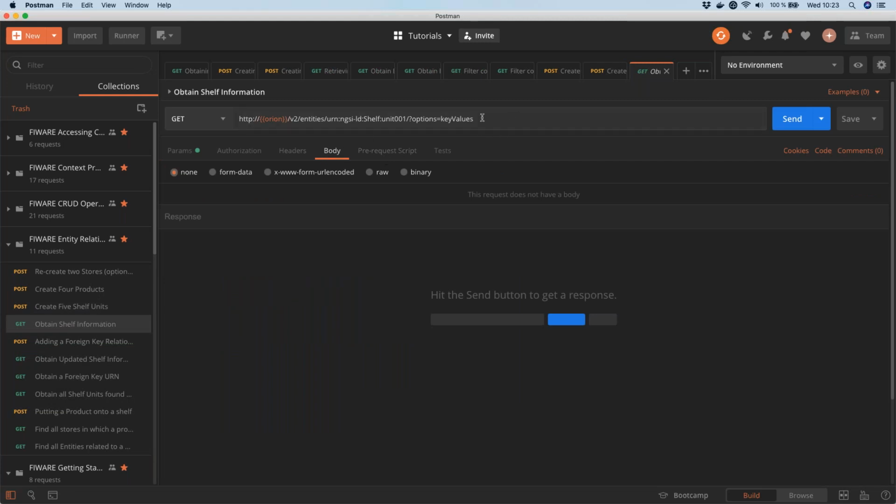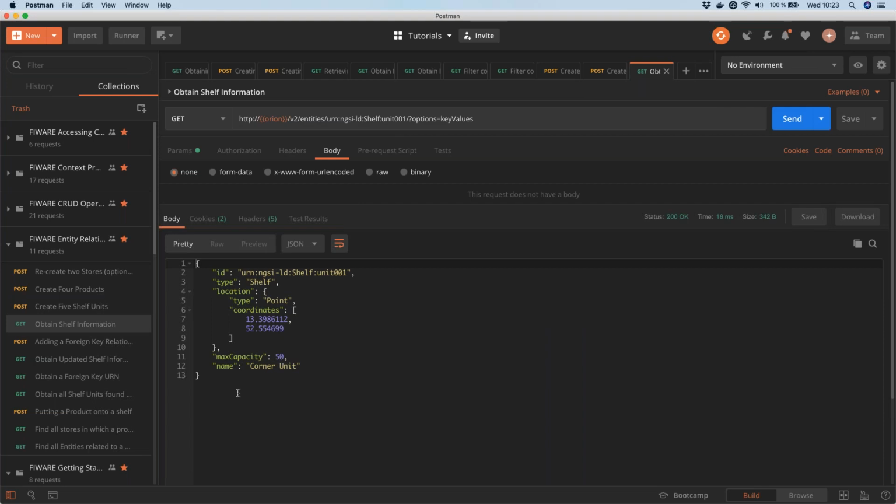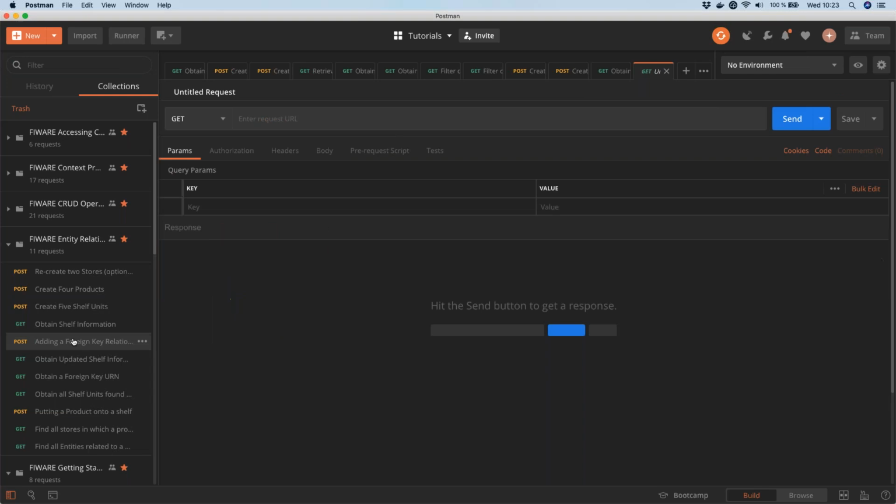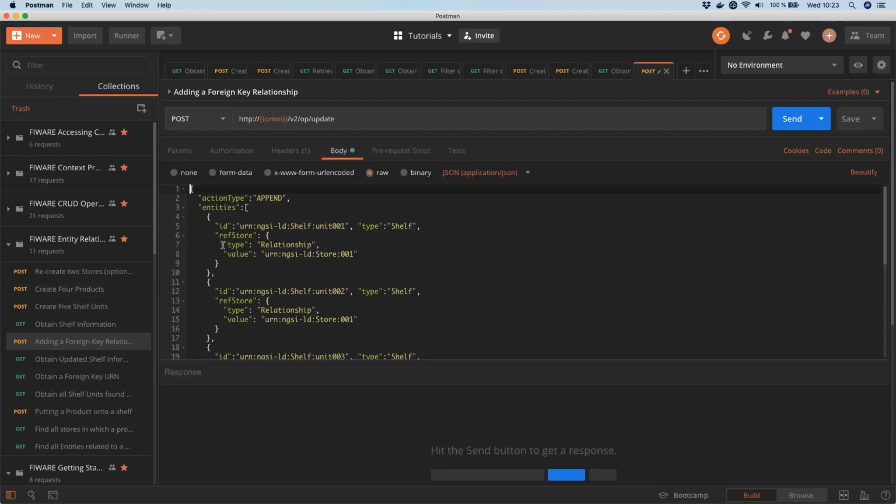We can retrieve the information as we did previously by saying, let's get shelf unit 1. At the moment, we've got no information connecting the shelf to the product. So we need to add in, effectively, the equivalent of a foreign key for a database, some sort of relationship information for linked data. If you look at this, we want to add in a specific type of relationship. By convention, relationships in NGSI v2 are prefixed by ref, so we can add in a relationship of type store,